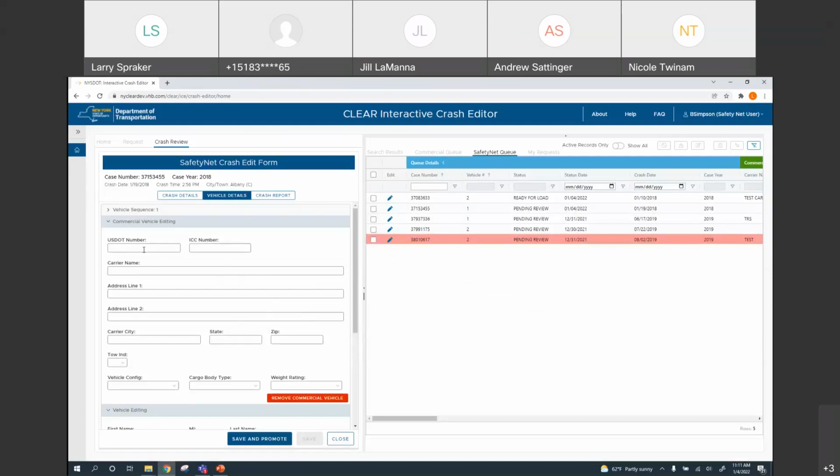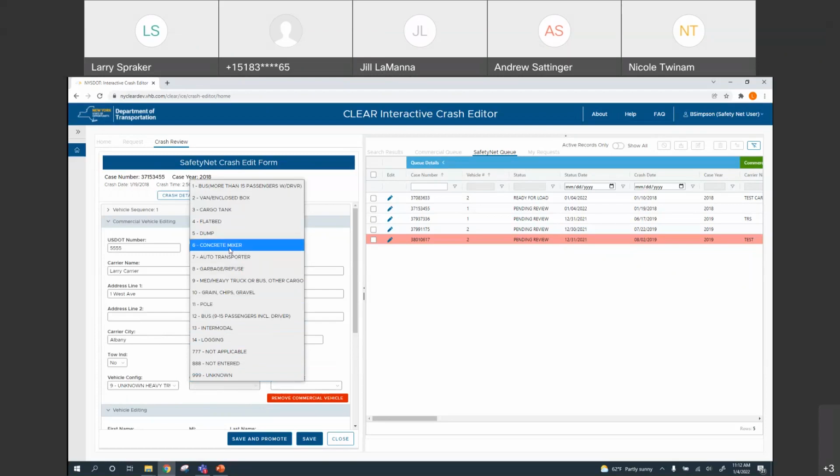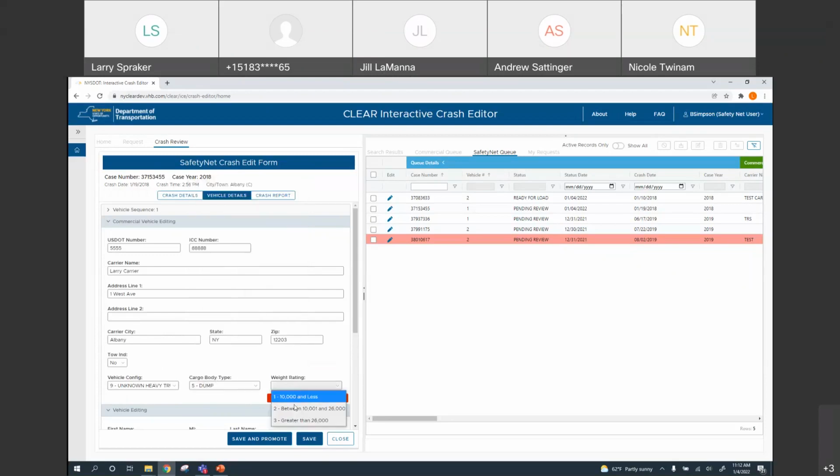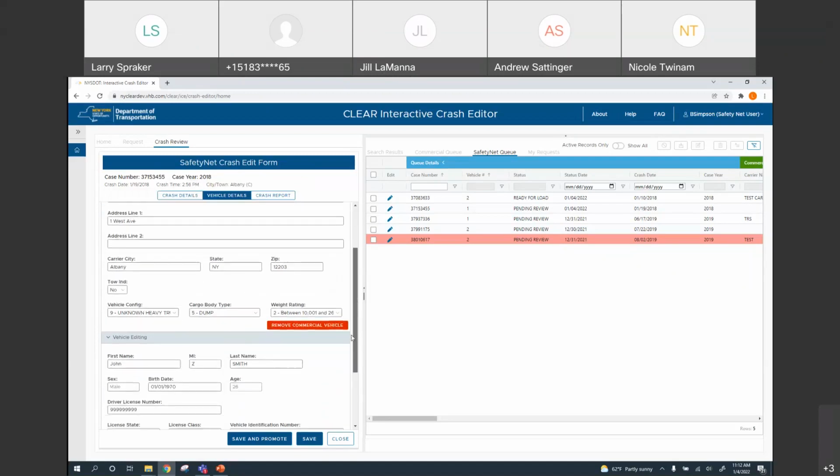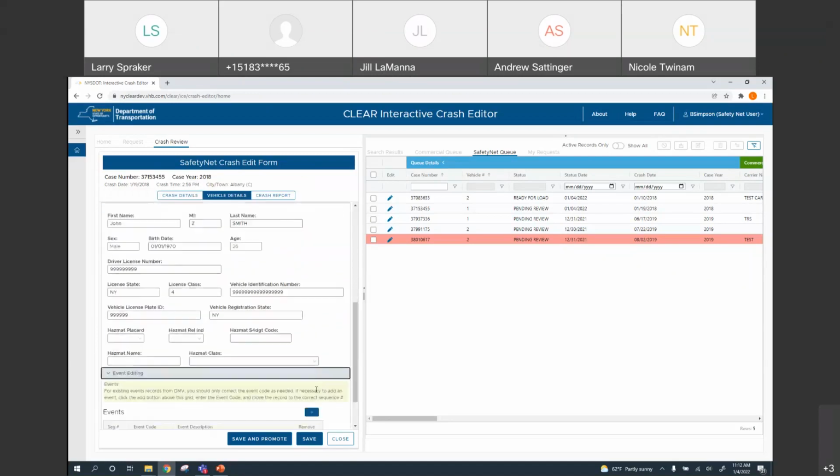and update this. So I'll do this, and I'll say it's 555 8888. I'll just put in Larry Carrier here, and once again, I'll put in 1 West Ave, Albany, New York, 2203, and I'll pick no and truck, and we'll pick dump truck, and we'll pick here. Okay, so now I've added that, and once again, I could go in and I could add events and whatever,